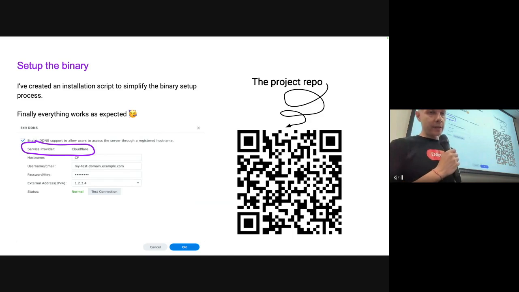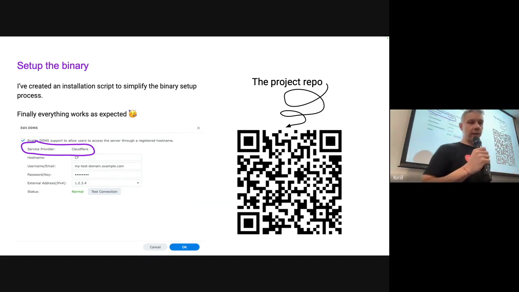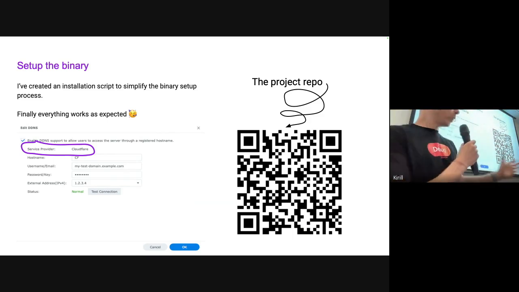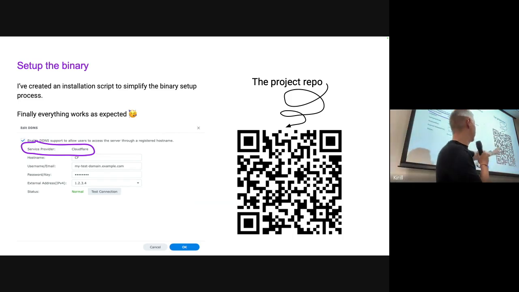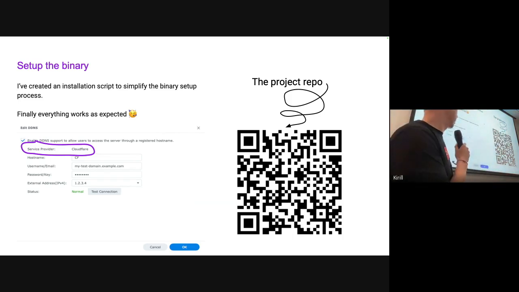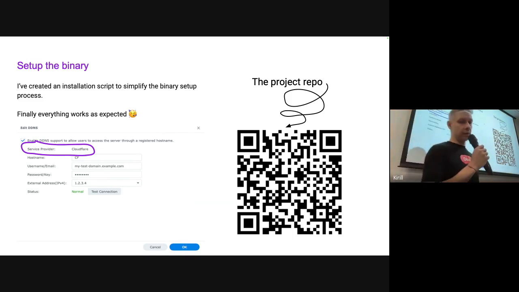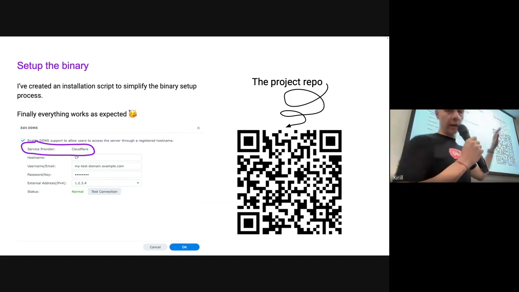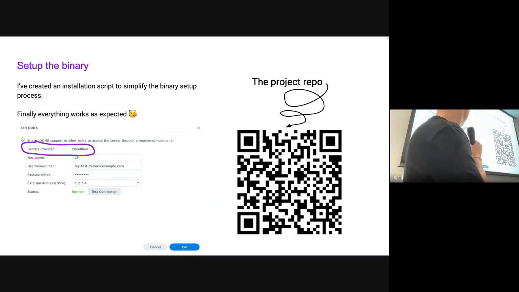And the final step: I just created the installation script. I won't explain this one, but if you scan the same repo again, you can find install.sh. That's basically what the script does. It just copies the binary, puts it into Synology, does the configuration, and at the end of the process,